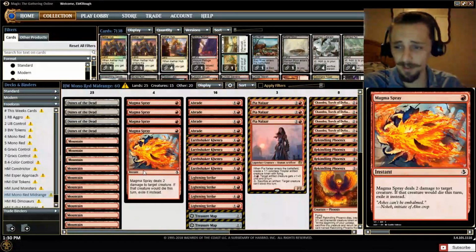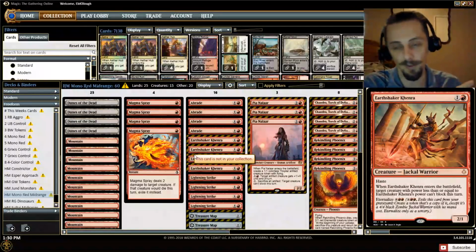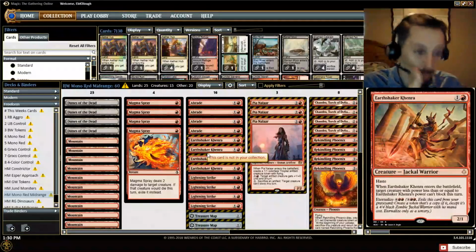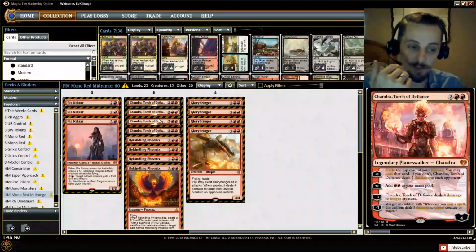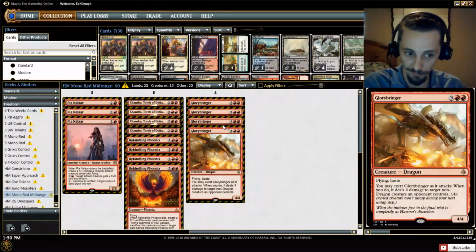There were a ton of red decks in the top 32. It littered the top 32 of the PTQ, and even littered the top 8 with 2 copies, one at 4 and one at 5. But there was one deck, and you can call it Big Red. They were calling it Mono Red Midrange, but it is Chandra's, Rekindling Phoenix, Glory Bringers,